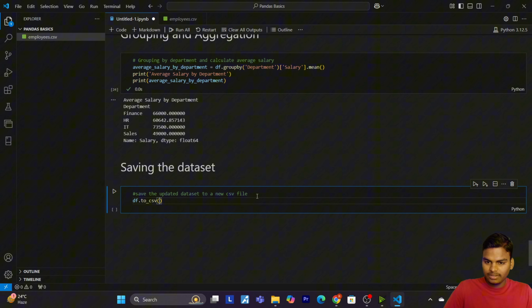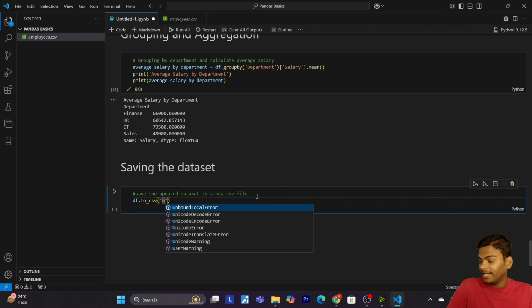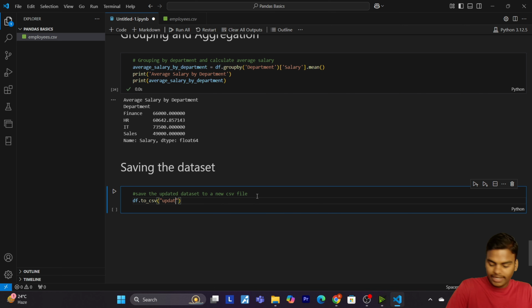Then I will give my data sets a new name, updated_employees.csv, okay?